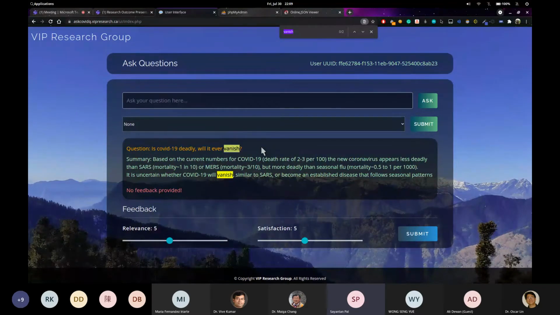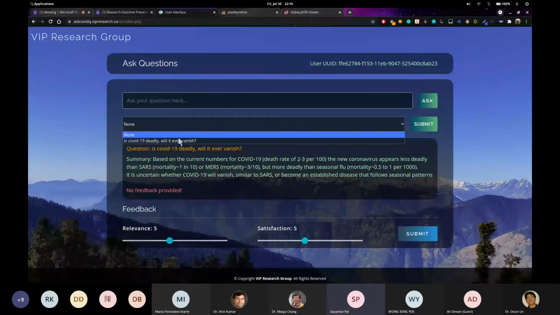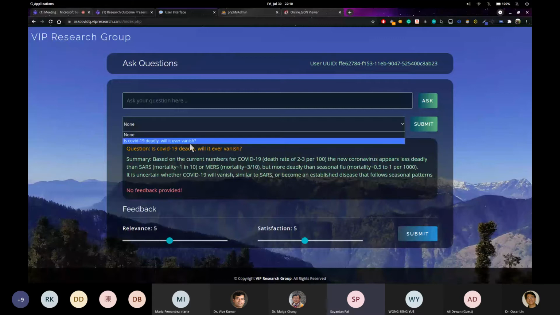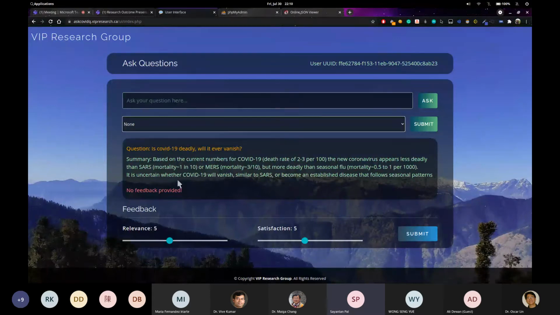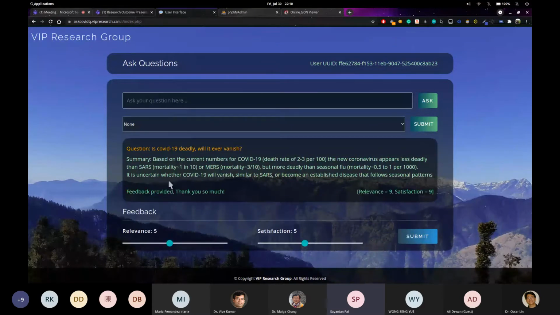And accordingly, you can also see this is the UUID that has been provided, and this keeps your session anonymous too. We are recognizing you by this UUID. And I have told you that this is the cookies section where you can see that the question you asked has been stored. Currently it is also showing that you haven't provided any feedback. So let me provide feedback once. Maybe I will set relevance and satisfaction to 9 and 9, and I'll give the feedback right now. You can see that the feedback has been provided, and the relevance and satisfaction are also showing.